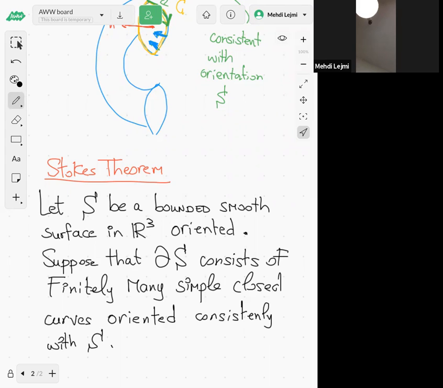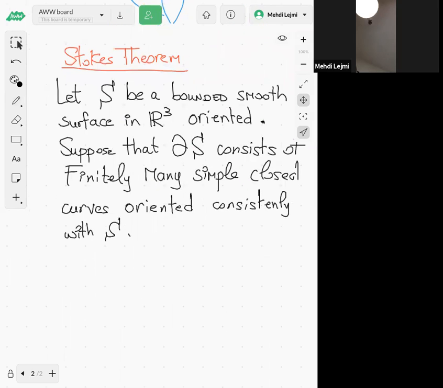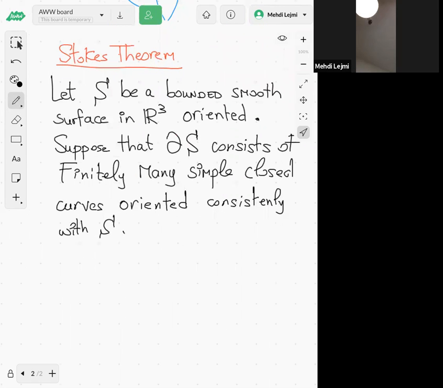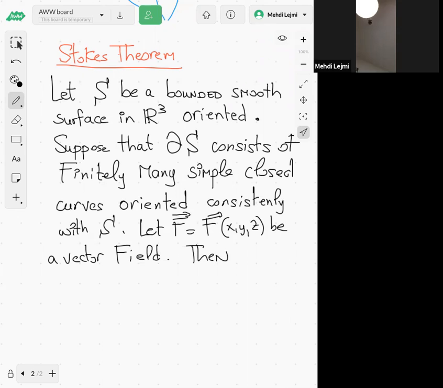Okay. Now take some vector field whose domain includes S, of course. So let F be a vector field. Vector field, as I said, domain of F includes S, all right? Because we want to integrate this F along S. Anyway, so what Stokes' theorem says is that